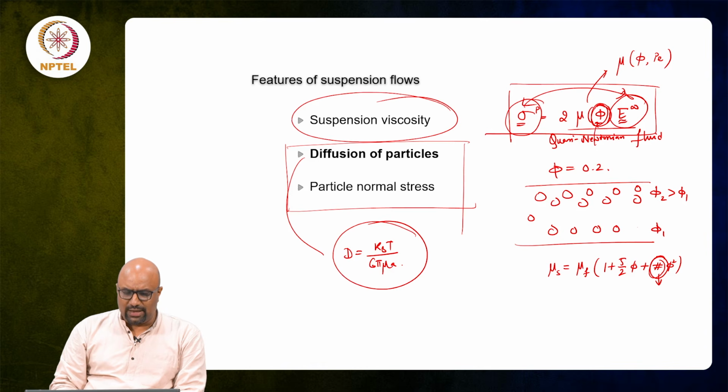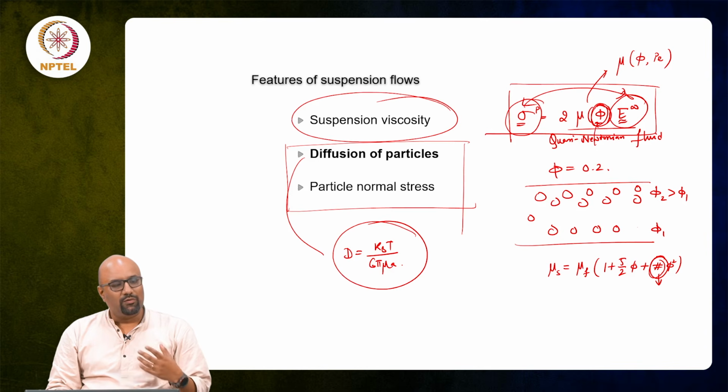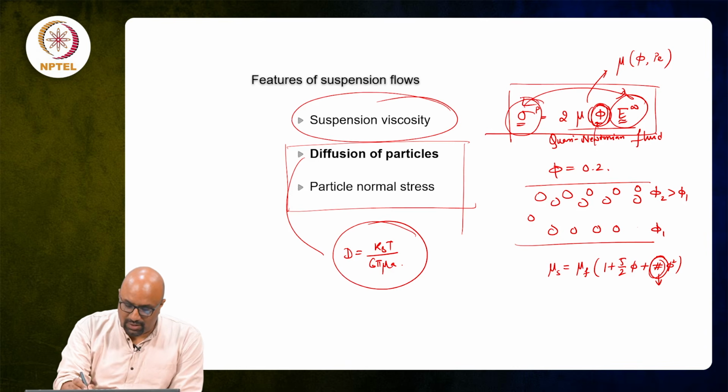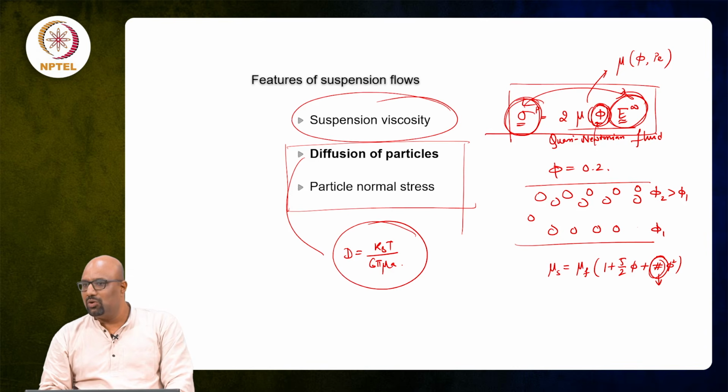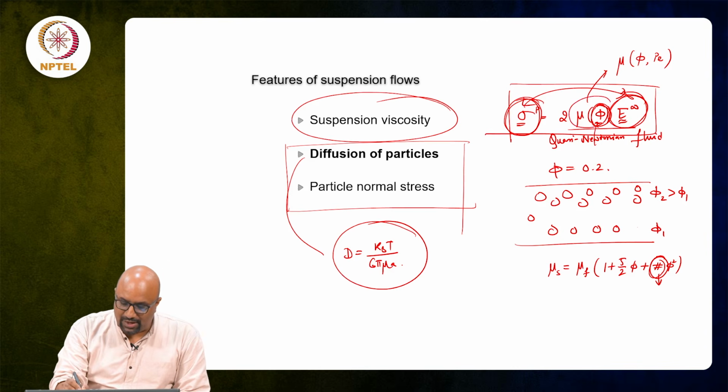And then we also saw what takes over when you go to concentrated suspension, in which case the viscosity diverges at a maximum packing volume fraction, and there are various empirical forms which allow you to get a nature for mu of phi. Now, as I had mentioned earlier, this gives a description of the fluid as what we would call a quasi Newtonian fluid. I am saying quasi Newtonian because the stress is dependent on the rate of strain in a manner which is similar to how we understand Newtonian fluids. The difference is there is a volume fraction dependent